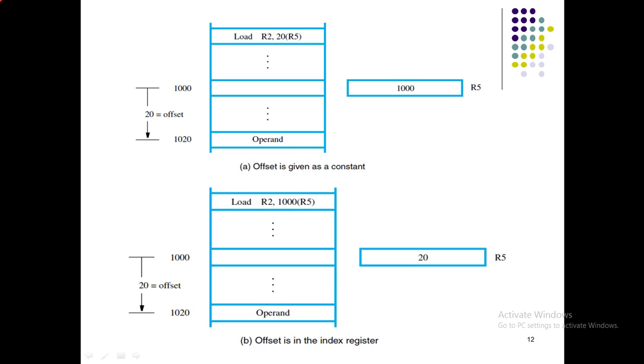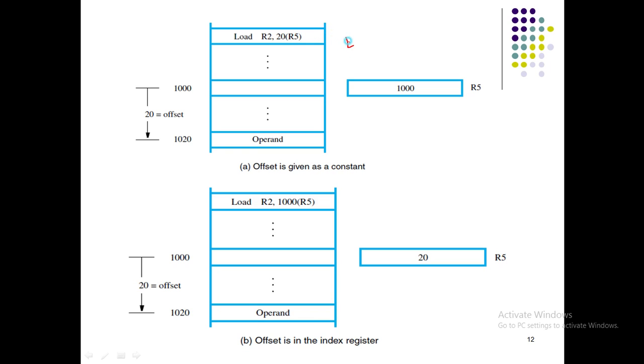So moving ahead, when we try to plot upon whatever we are speaking now, you can observe here friends, load is one of the commands, like how we have move or copy. Similar to that, we have a load command. So load R2 comma 20 R5. What it means is that R2 will be loaded with 20 R5. What is the 20 R5 then?